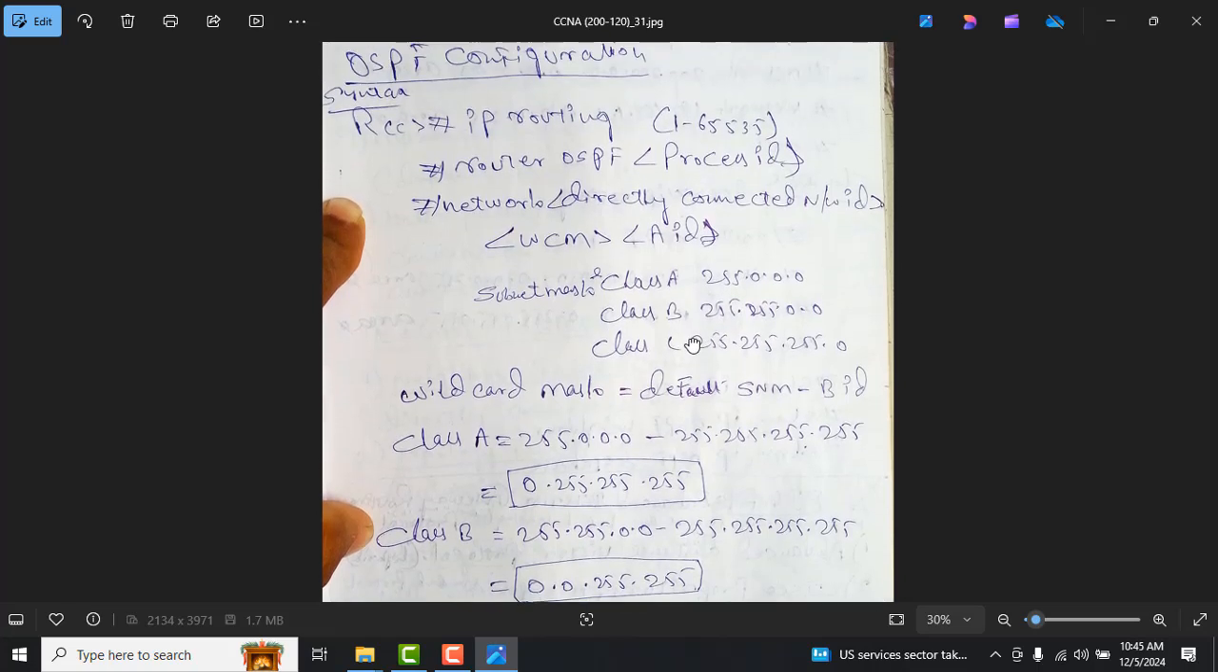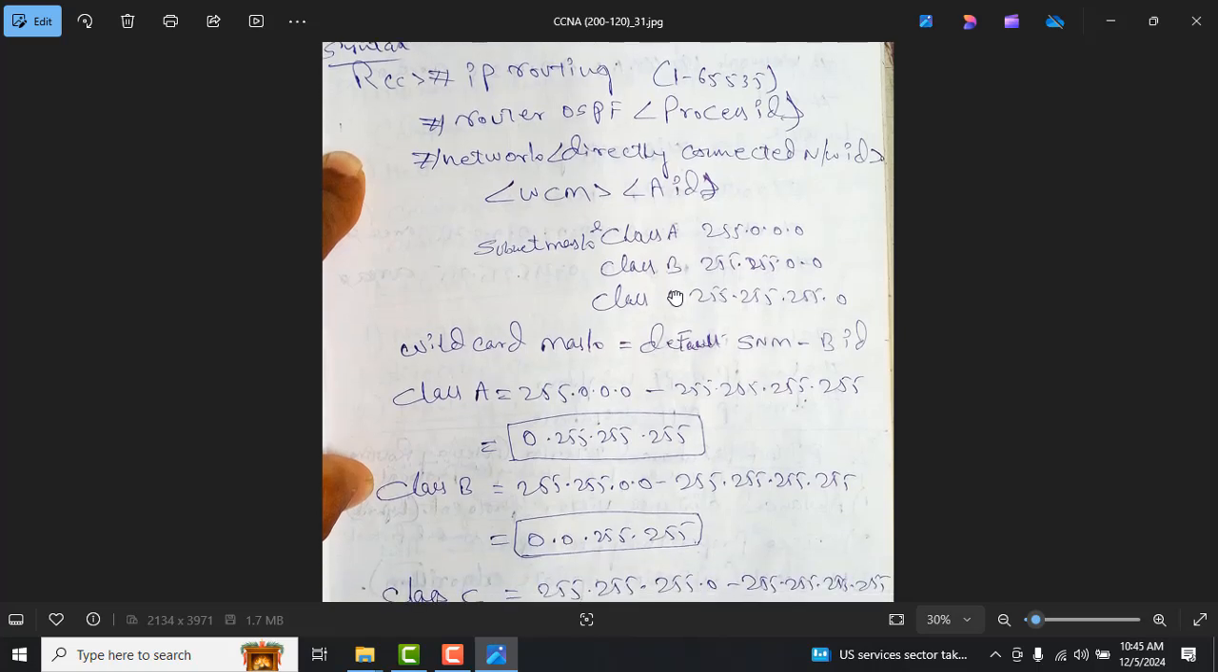How to calculate the wildcard mask? I will show you practically here. For every IP address there is a subnet mask, right? For class A, the subnet mask is 255.0.0.0. In class B, 255.255.0.0, and class C, 255.255.255.0. To understand how to calculate the wildcard mask,